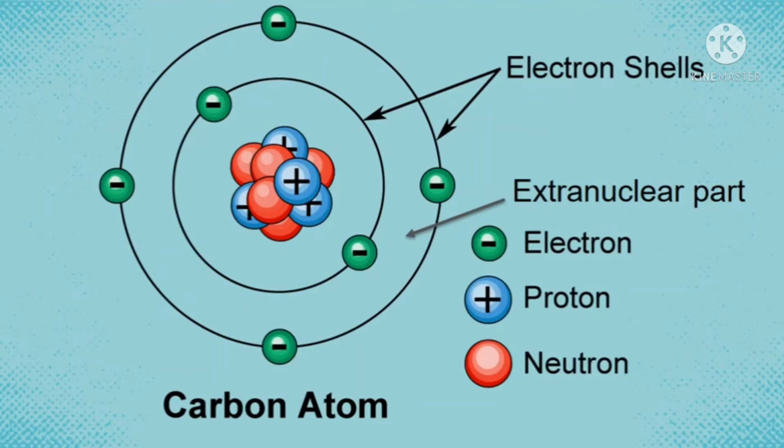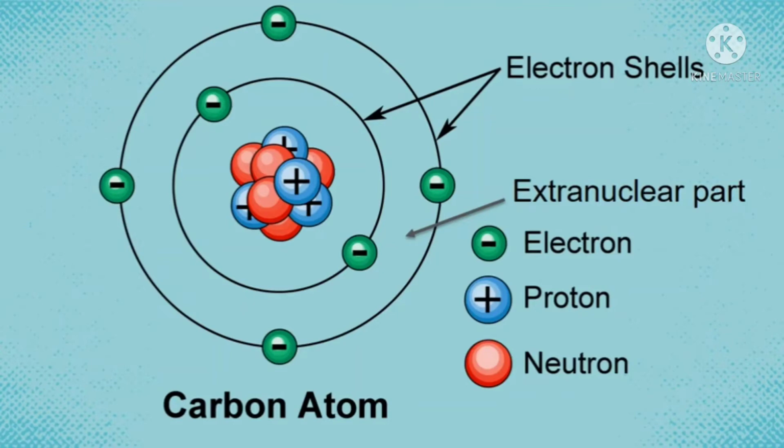Here the green shaded circles with the minus charge are showing electrons. Also the red colored ones are the neutrons. They do not have any charge, that's why they are blank red colored. And the blue colored circles with the plus sign show a positively charged proton. So here is a description of how to show the electron, proton and the neutron.